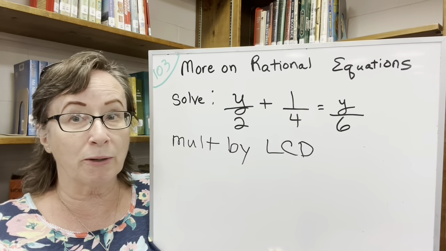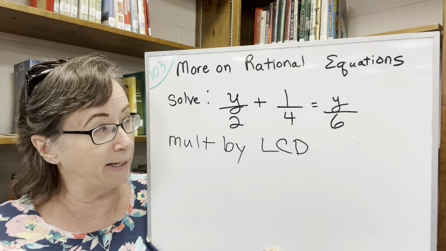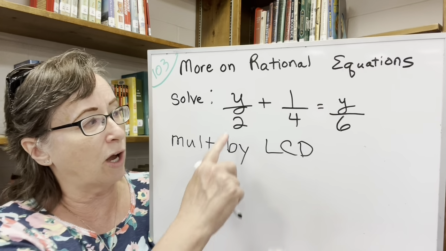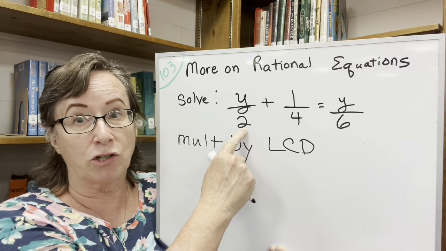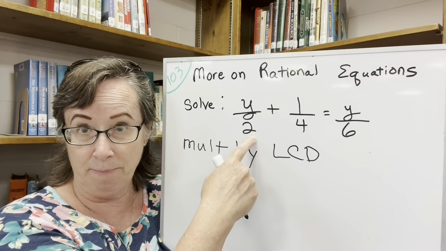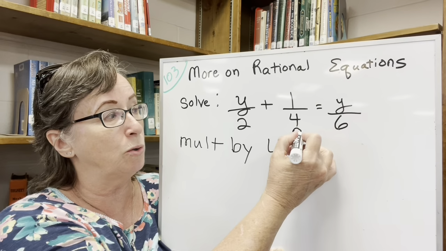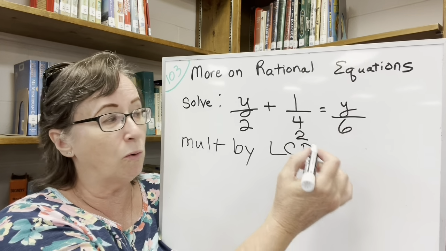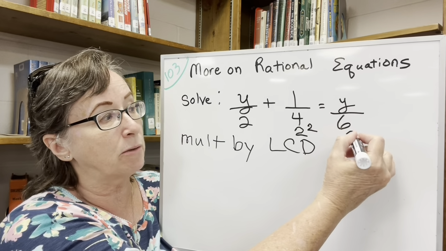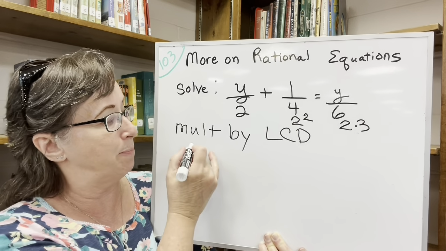So on this one, we're going to first build the least common denominator. And to build the least common denominator, what I do is factor every denominator as far down as I can. So 2 is already just 2 times 1. We don't worry about 1 being a factor, so that's already prime. We're going to break this one down into 2 times 2 or 2 squared, either one, and then 2 times 3. Okay, so then I look at all of these denominators and I build